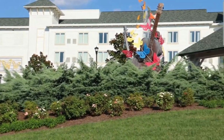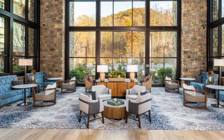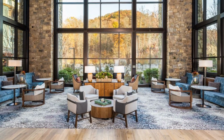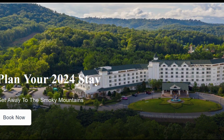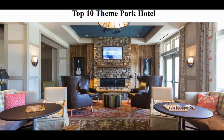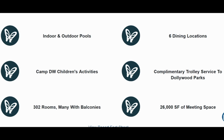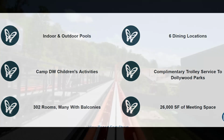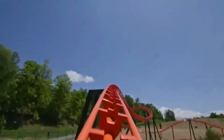Dollywood offers two different on-site hotels, the Dreammore Resort and the brand new Heartsong Lodge and Resort. These are great places to stay, however, they are extremely expensive. The Dreammore Resort is over $350 per night, and the Heartsong Lodge is over $450 per night. There are multiple restaurants connected to the hotels, as well as an indoor and outdoor pool. Plus, you get complimentary skip-the-line passes, transportation to the park so you don't pay for parking, and early entry on